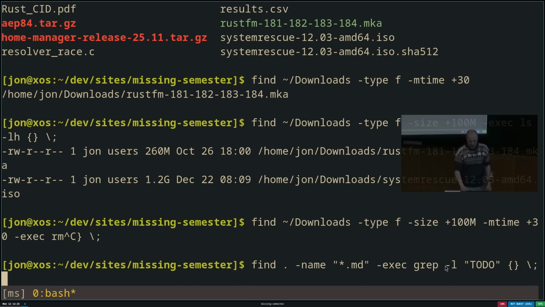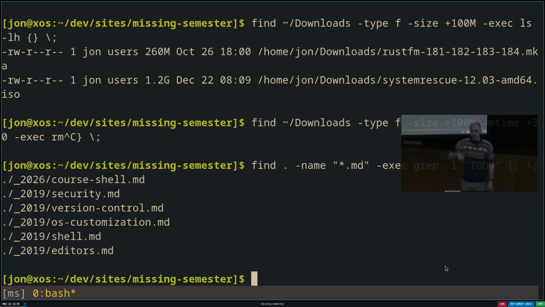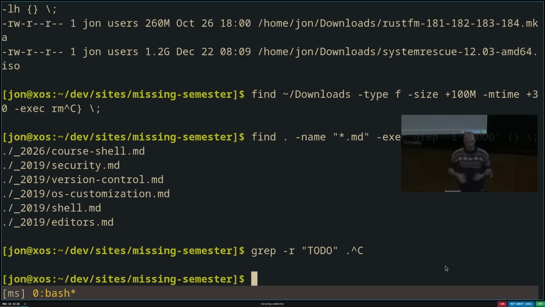So this will tell me all of the markdown files in the current directory where todo is written in the file somewhere. So this can be useful if you're programming and you're like, oh, which things did I mean to get back to, but I never looked for them. This particular one might seem very similar to me doing this, right? Just grep for todo in the current directory, but the difference is here I got to say, find me only markdown files and only do it for those. But again, you can make these as complicated as you want to be. And with find, of course, you can add a bunch more pattern matching to this if you wish.